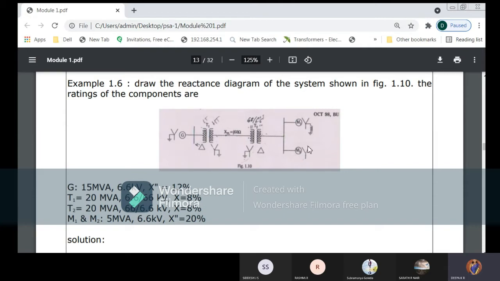Next section, motor. For the motor also I don't know any kV value. I have only the old one and need to find the new. So I will check which side the motor is connected to, LT side or HT side. Here 66 by 6.6 means again this is connected to the LT section. So LT equals HT by the ratio of this. We'll continue the problem. Hope you understand the concept here.